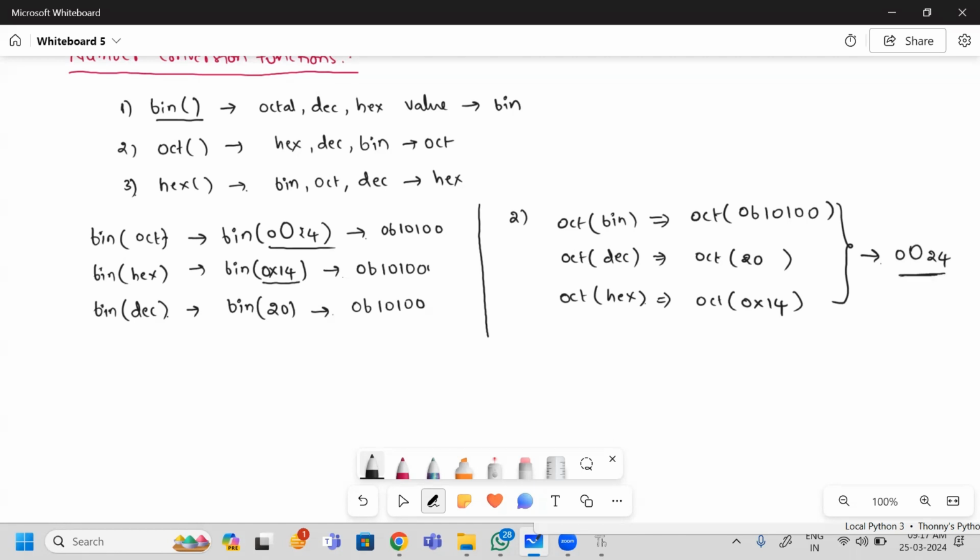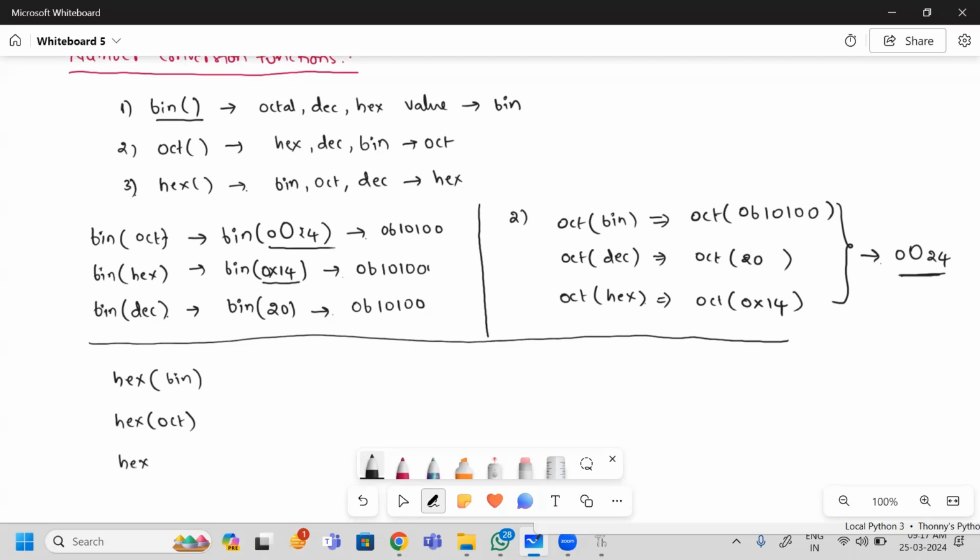0024. This is the result I can get when I use this one. You have to test this one. Next one, I want to know hexadecimal values of given numbering. So I am giving binary value as an input. For this hexadecimal, I will give octal value. For the same hexadecimal, I am giving decimal value. And I will check